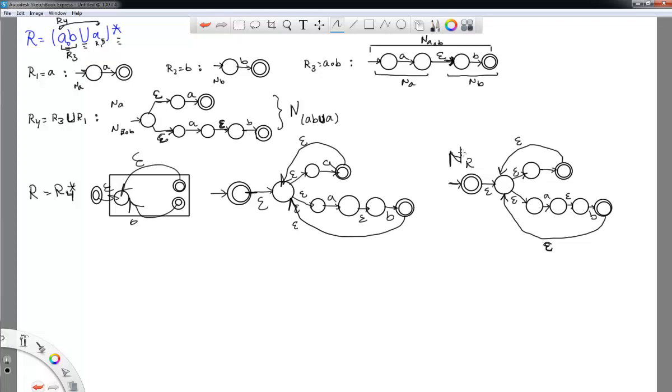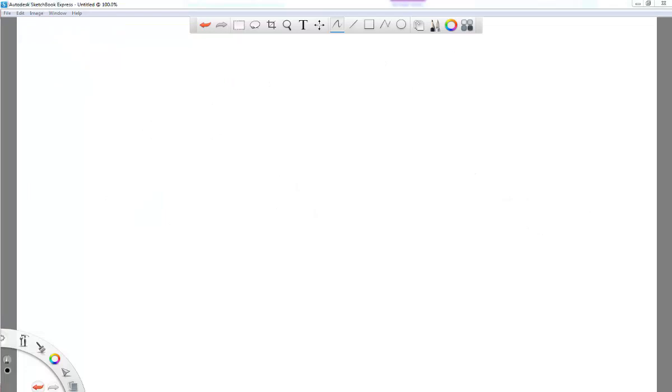Okay, so this shows a construction of your finite automaton NFAs that recognize languages that are described by regular expressions. So that's one example, and we'll do another example shortly. Okay, now let's do another conversion for